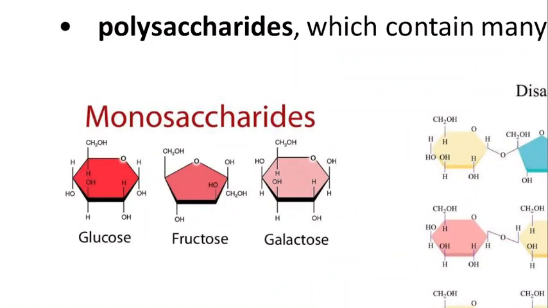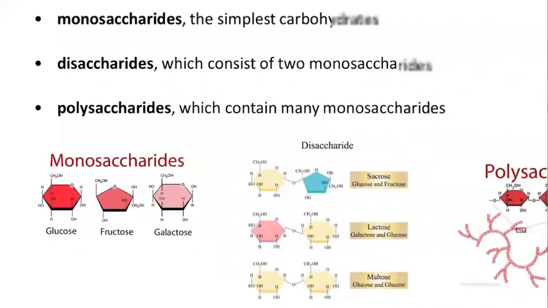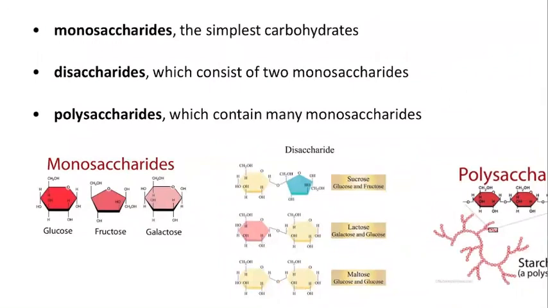There are actually many more monosaccharides, such as mannose and fucose, but I decided to give you the most common monosaccharides that we know are present in many of the examples from nature: glucose, fructose, and galactose. And we're going to talk about them in detail later in the chapter. Then we have